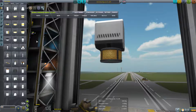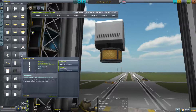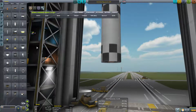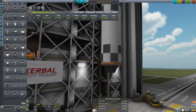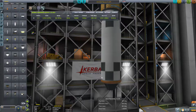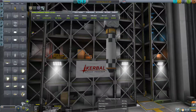I'm not going to mess around with those tanks anymore because they make me angry how often they screw up. We'll throw that on there, and there's a little tiny engine. That should be enough, actually. Aerospike engine, 330, 300. Okay. So we got that stage set up. And how much...